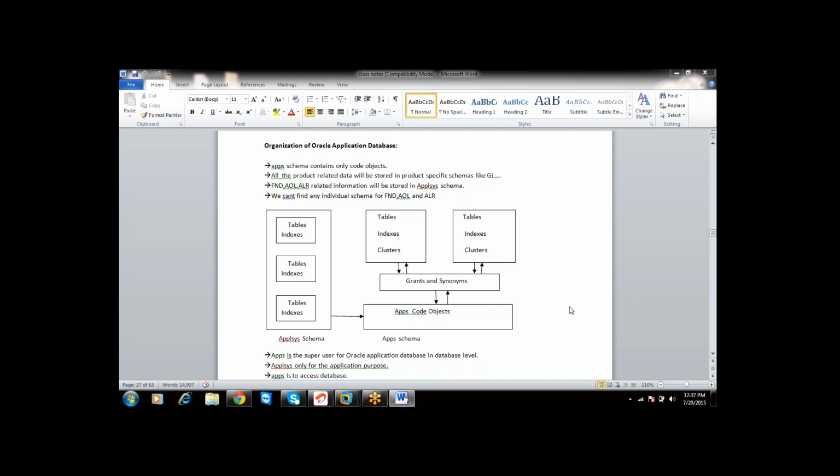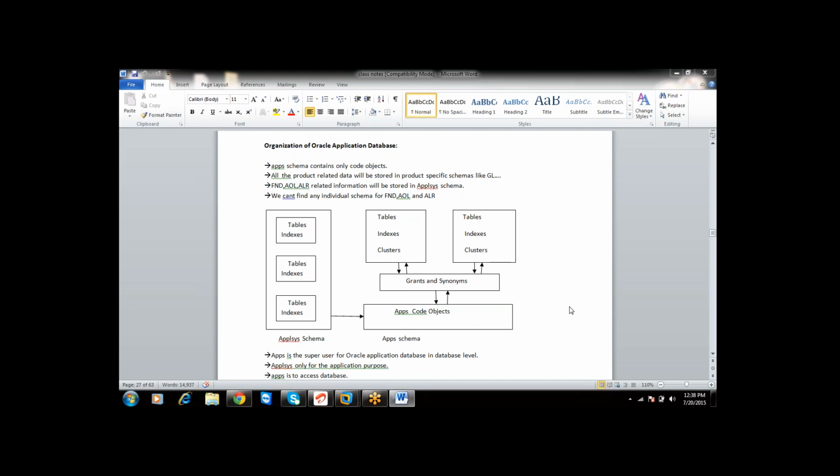When we are discussing the file system or the products in Oracle applications, we have discussed that there are two types of products: one is called ATG products and the second is non-ATG products. Non-ATG products are AP (application payables), GL (general ledger), PO (purchase order), and such things. Those are all related to the business.